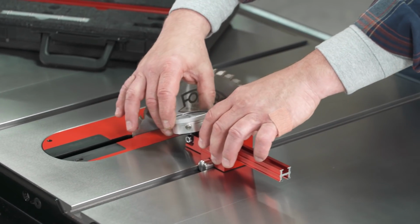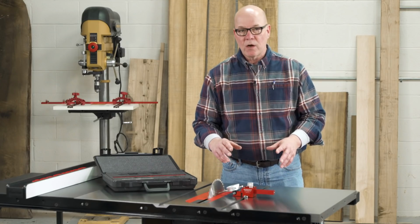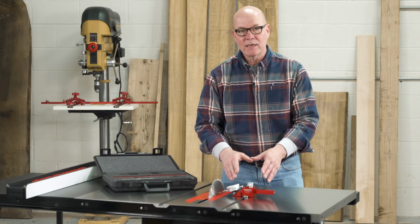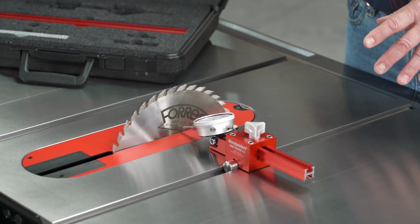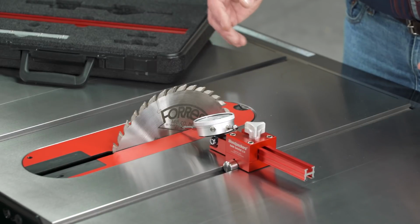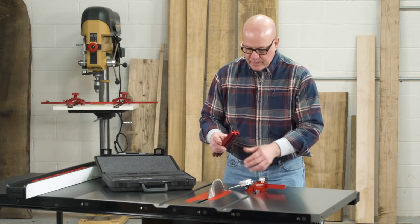Now before we get to the rip fence, you might be wondering why we call this Saw Gauge 2.0. The original saw gauge, which came out about 9 years ago, did pretty much the same thing that I just showed you. It was designed optimally for the saw blade, and didn't really have the travel needed to deal with the rip fence. That problem has been solved with our new Saw Gauge 2.0. The kit comes with 2 extensions. These we assemble